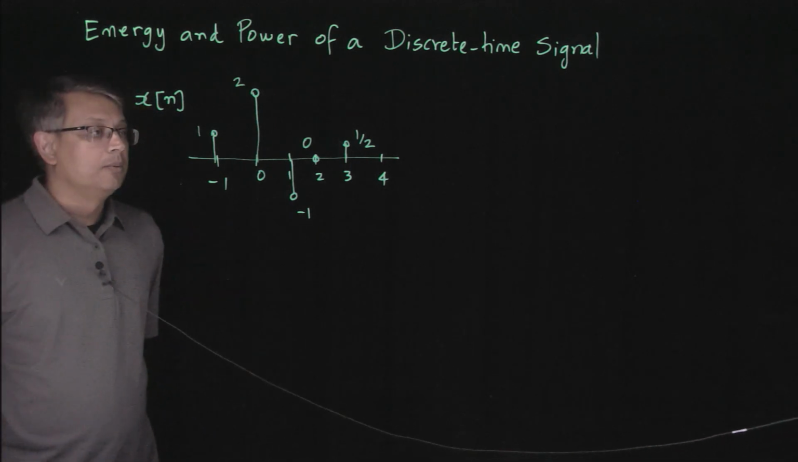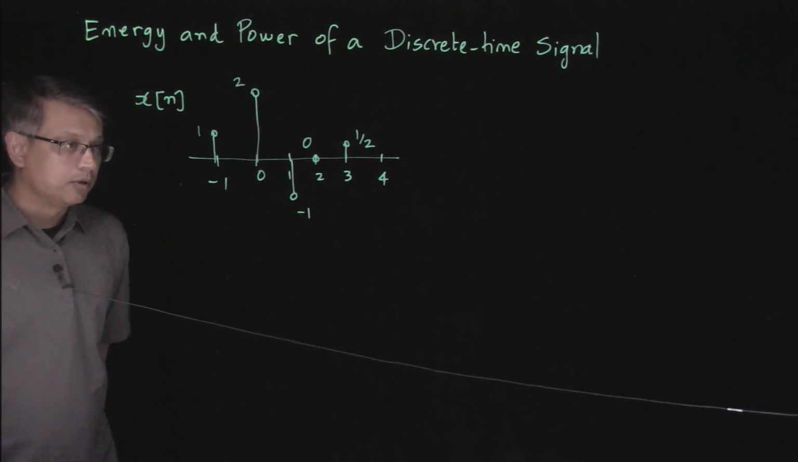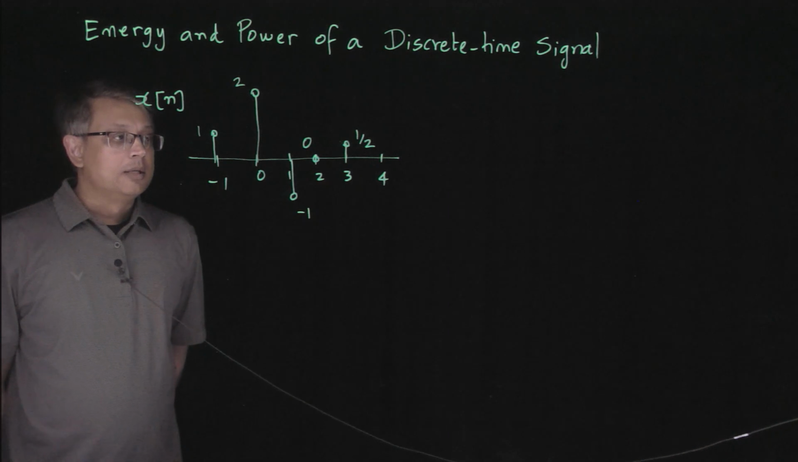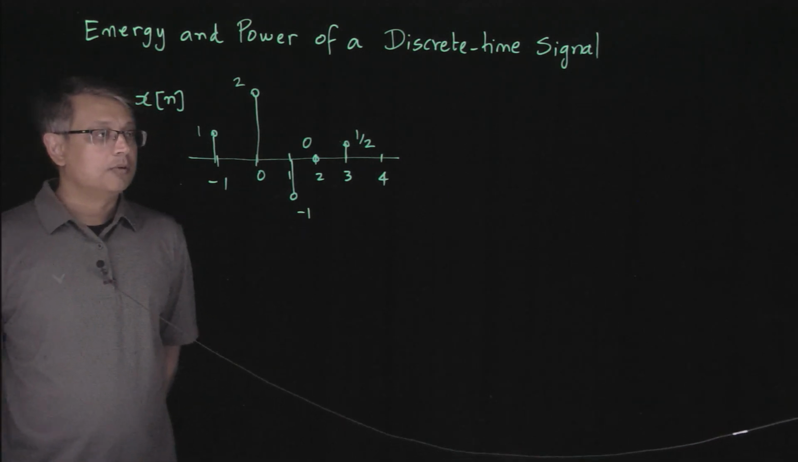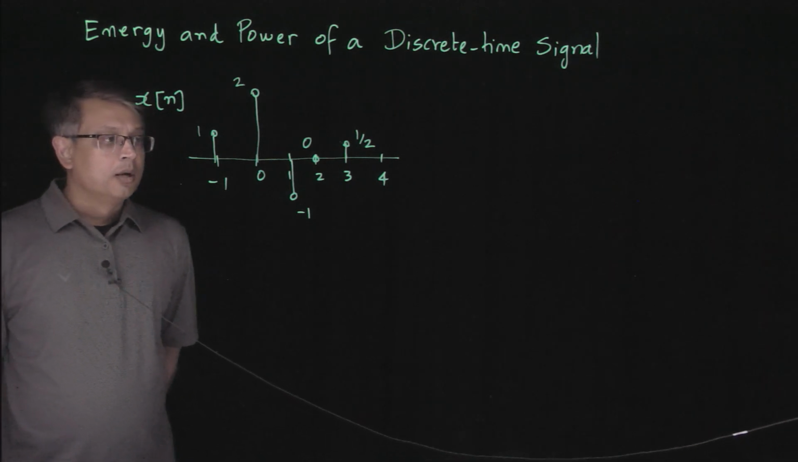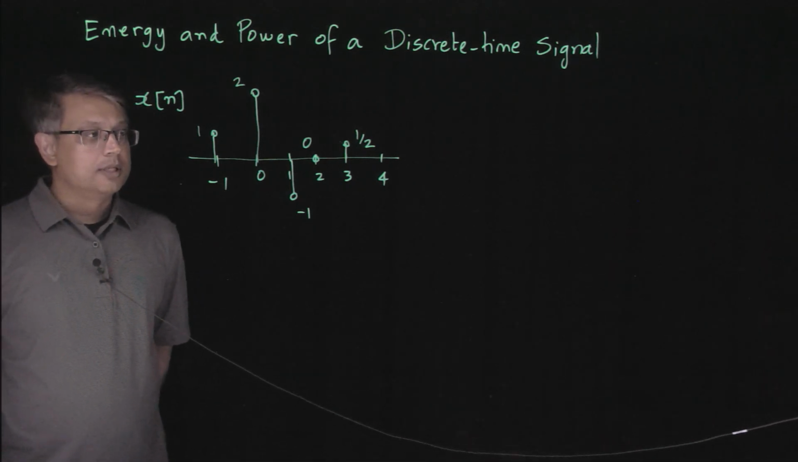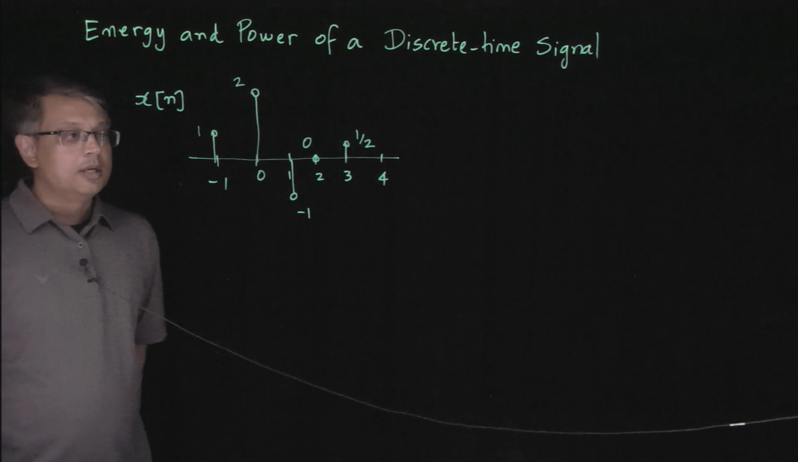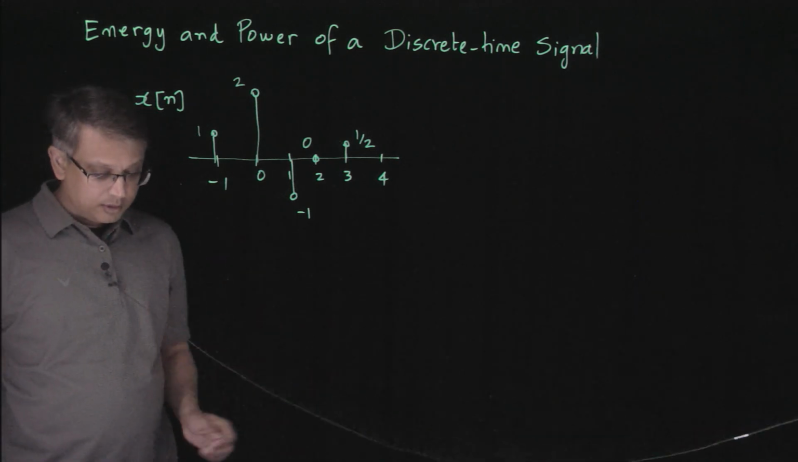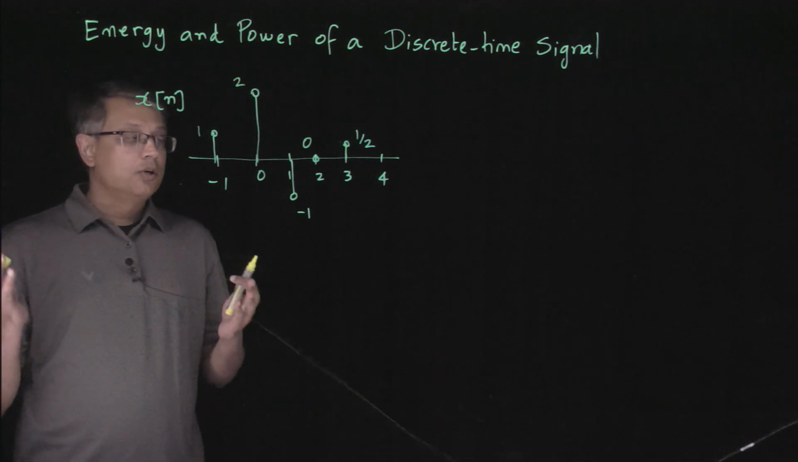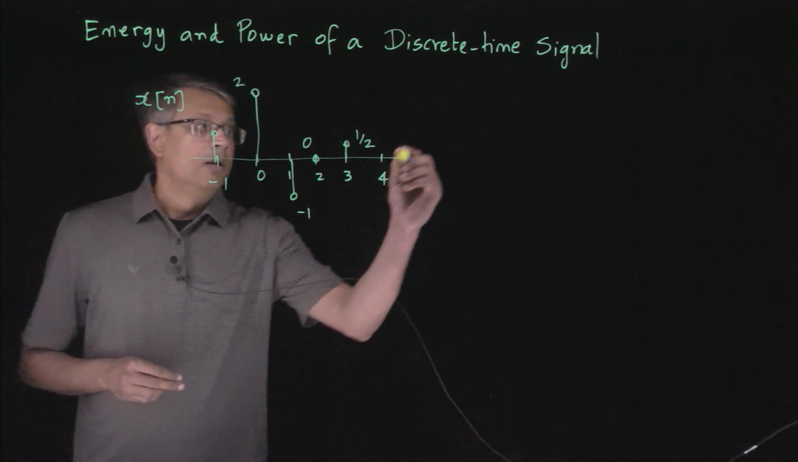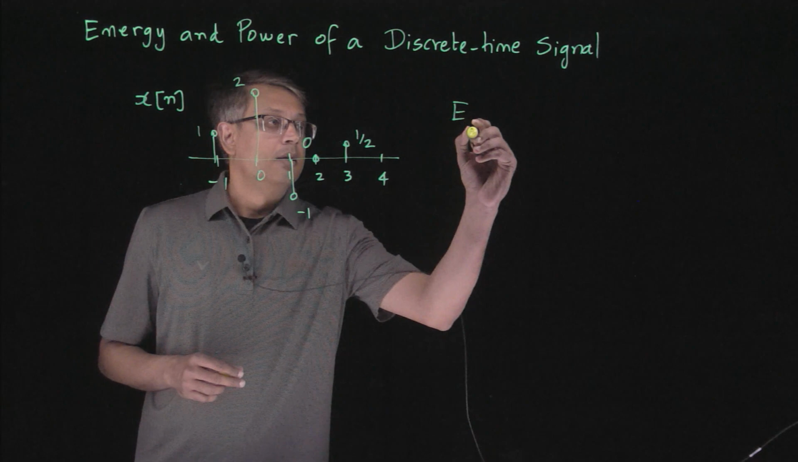In this video, I will define the energy and power of a discrete time signal, similar to what we did in the last two videos where we described the energy and power of continuous time signals. Let's start with an example. Let's say x of n is a discrete time signal that's drawn here. The energy of the signal x of n, we will define this